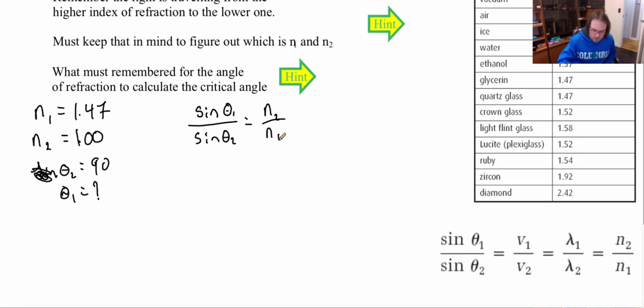So in this case, we know this is sine 90, and sine 90 is always equal to